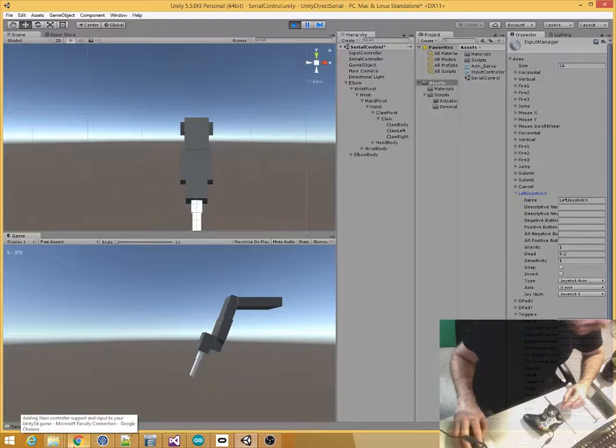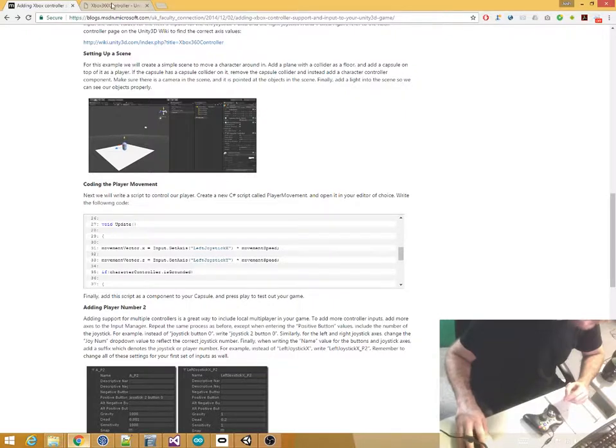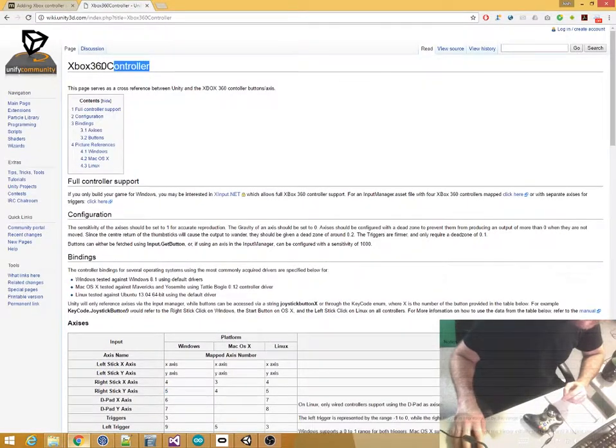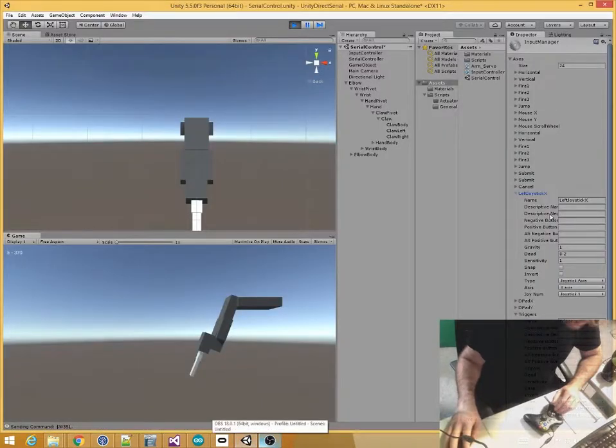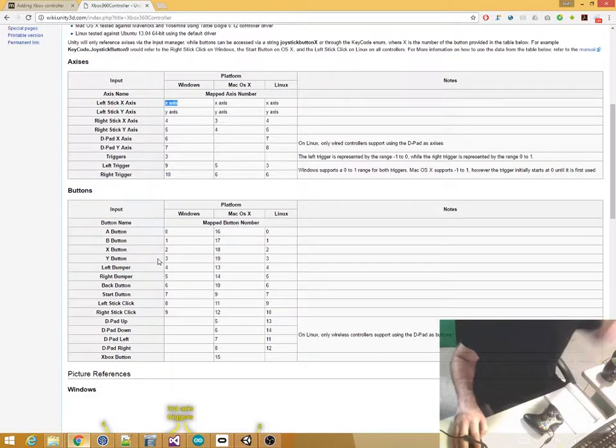We can find out what the settings for each element of the Xbox controller are by going to the Unity wiki. It has a page on the Xbox 360 controller, and it just tells us here, for example, okay, the left stick x-axis, you just plug it in as the x-axis. So if we come here, we can see the left joystick, under axis we just set it to x-axis. If we want to plug in the triggers, which is what I'm going to use for affecting the claw,